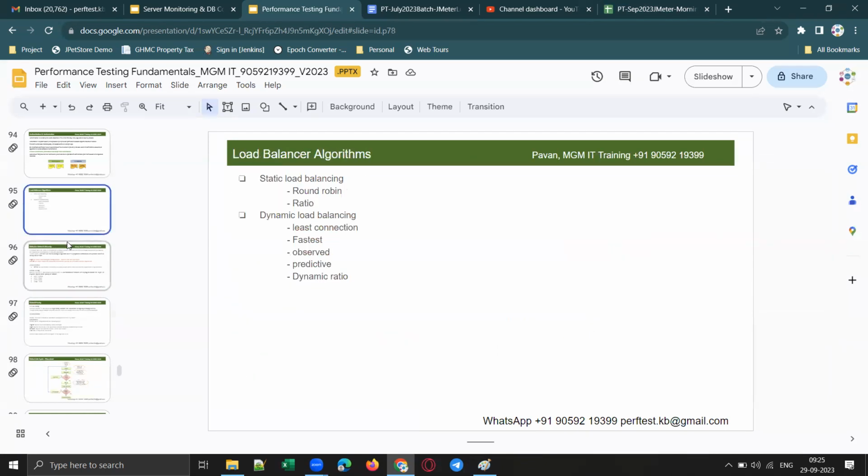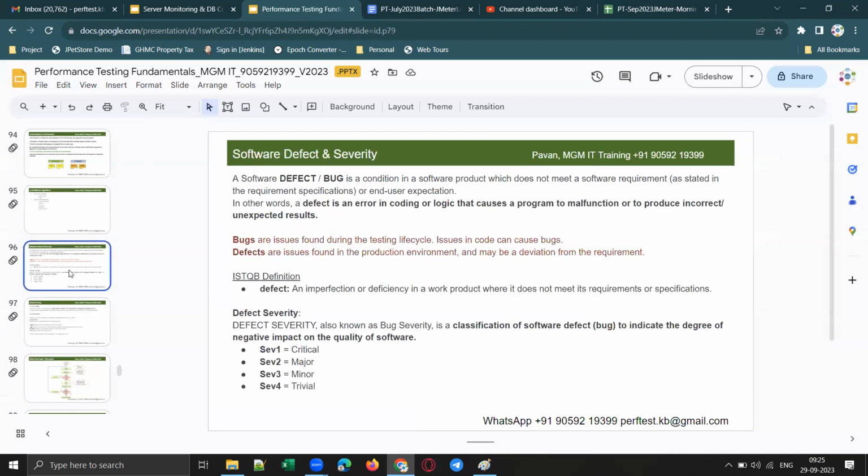So what is a software defect? What is meant by a defect or an issue? If the expected result is not met, is that a bug or a defect? A bug is an issue found during testing. Right, so it is a condition in a software product